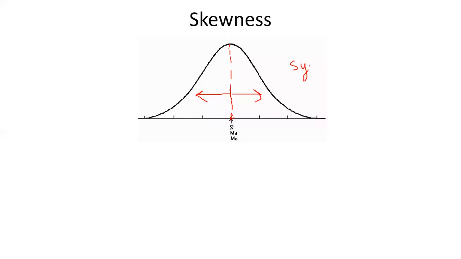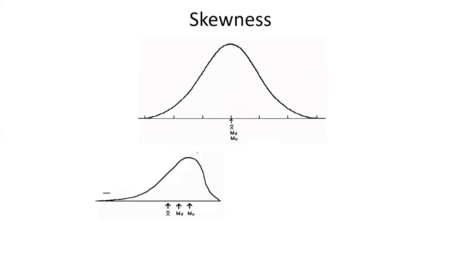Symmetrical data has no skewness in it. Okay, we call it symmetrical. Symmetrical means no skewness. So if data is not symmetric, then we call it skewed. So skewness comes when there is no symmetry. If there is no skewness, then it is symmetrical data. Very rare. But if mean, median, mode are not the same, then they are not symmetrical.